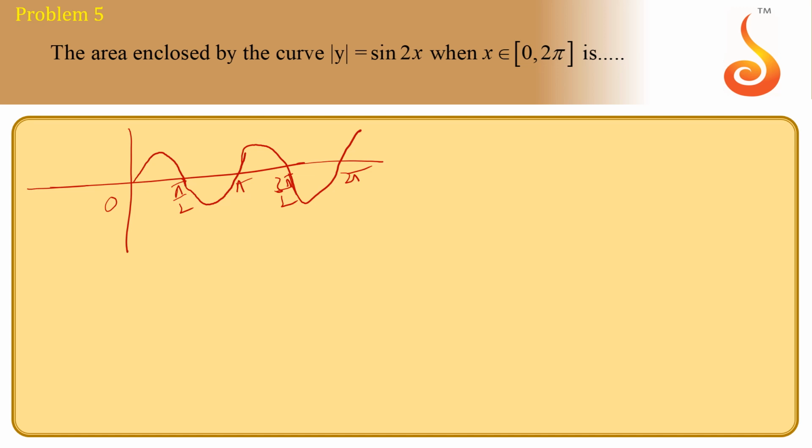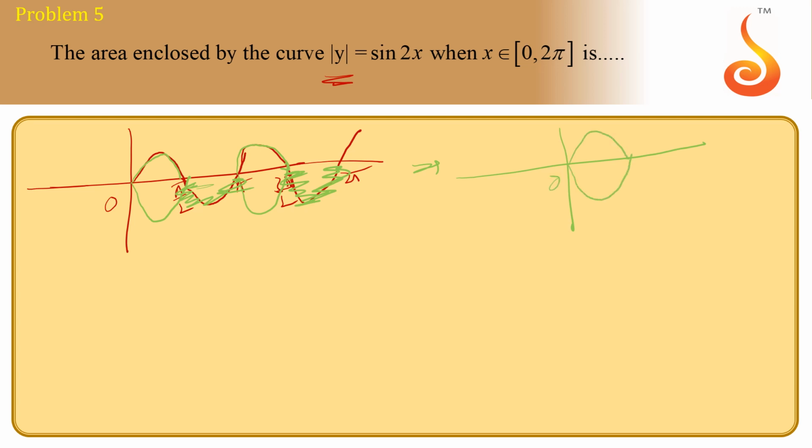Now when we use mod y, it means sine 2x must always be positive, and y can be both positive and negative. So you should know by transformations, we should remove this part of the graph because sine 2x is negative there, and y can be positive or negative. So since mod y came, this upper part's image you will get, and this part's image you will get. So ultimately the graph of the function will be like this,